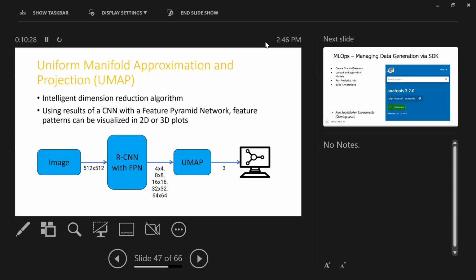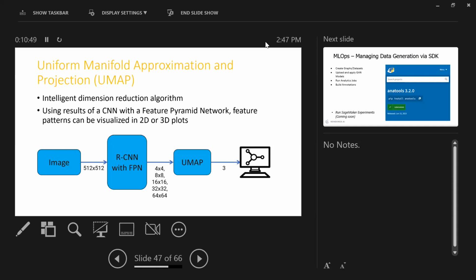So what we do to do that is we run those data sets through a pre-trained neural network, a generic neural network trained on the COCO data set, so 82 different object classes, sort of a generic